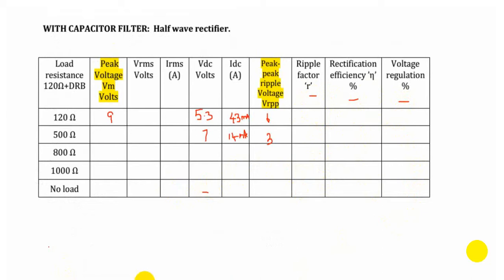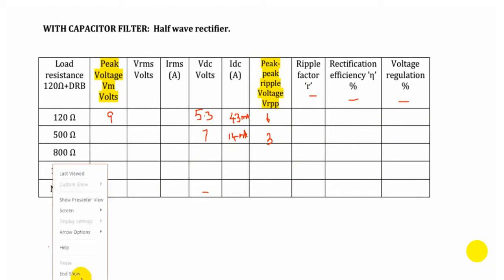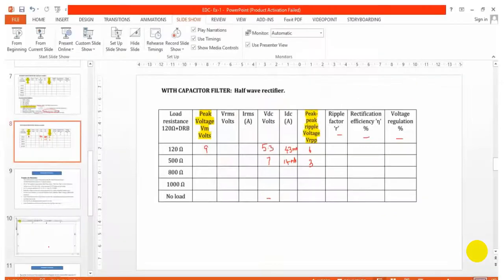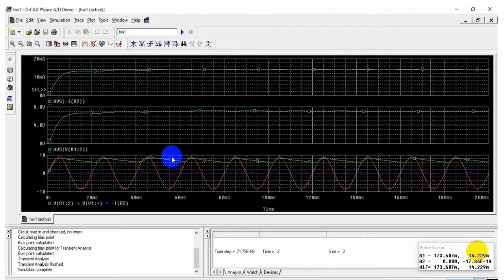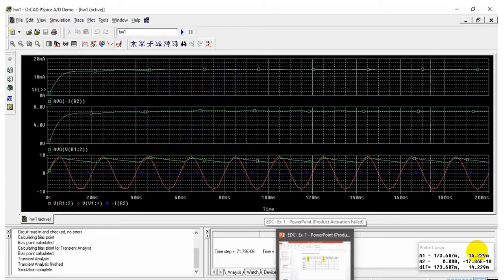So this is the thing. You have to properly note down the input and output waveforms, then find the average values. The same thing we have verified in the hardware also. In the hardware we are going to see the waveforms as well as take the readings by changing the load resistance. Input and output waveform, average value of voltage and current you can note down from the circuit. Fine. Next we are going to do with the hardware.